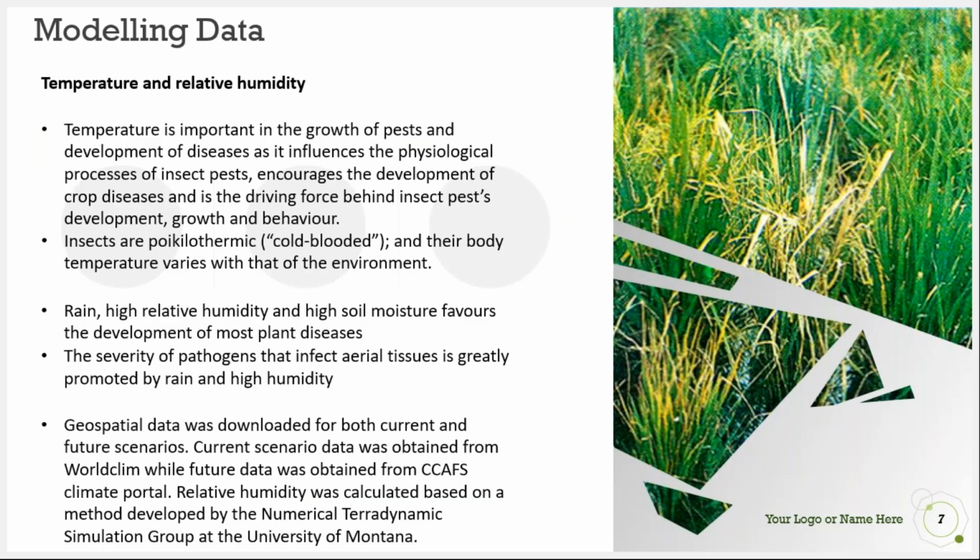So temperature was taken because it highly affects these insects, because they are poikilothermic. Their body temperature varies with that of the environment. Well, high relative humidity is very important in the severity of pathogens. So because we had to use geospatial data, we downloaded the current scenario data from WorldClim, and we used the